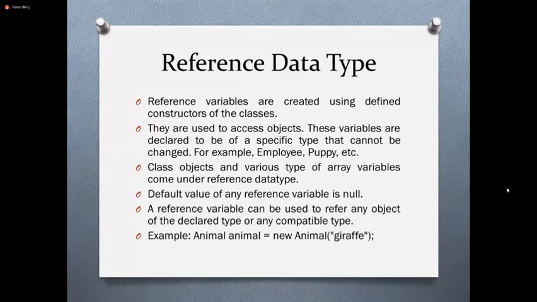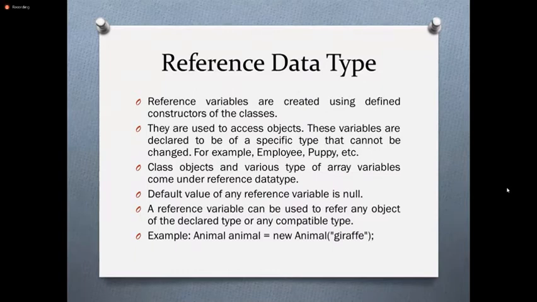Then these reference variables are created using defined constructors of the classes, right? Actually, in future sessions, you will see and you will learn about constructors. For the time being, I have used this term, otherwise I won't be able to define this reference type.